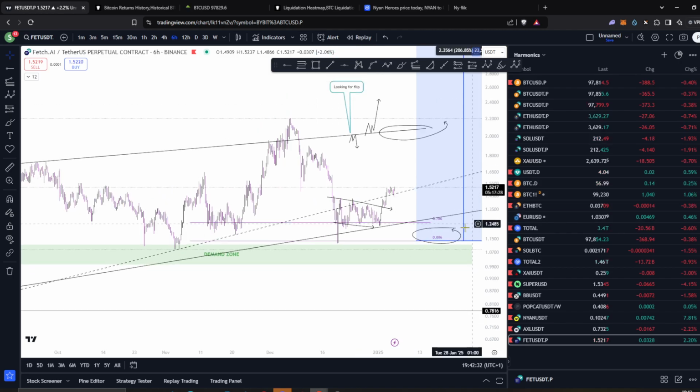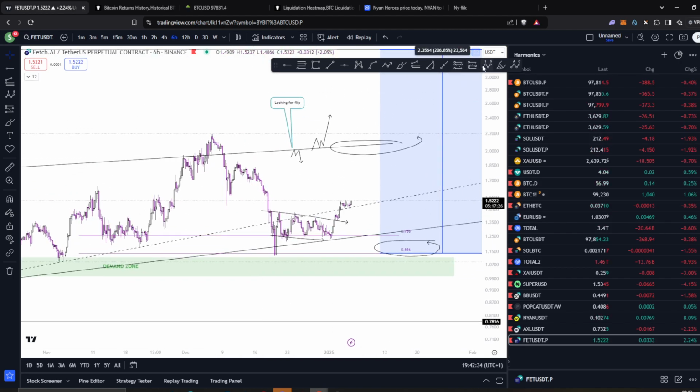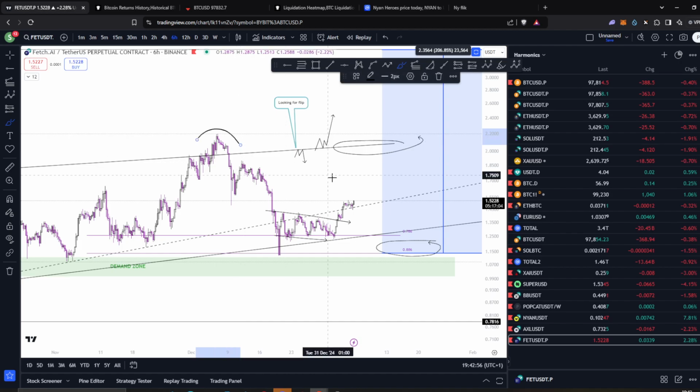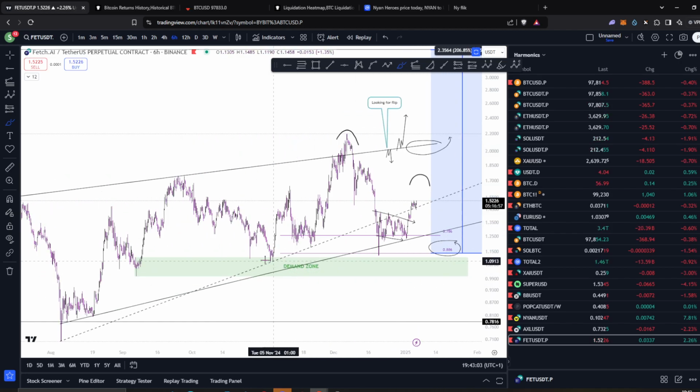I do suspect there is a chance, of course, that we are still in the corrective structure, where you are seeing your ABC. But with this structure, you kind of have that ABC structure already, compared to what Bitcoin looks like, or other coins like Solana. It doesn't have this proper structure like we do here. We do have some liquidity around these lows, but if you make a lower high around that mid range, then you could see that pull back into the 76 again, or into this demand zone,